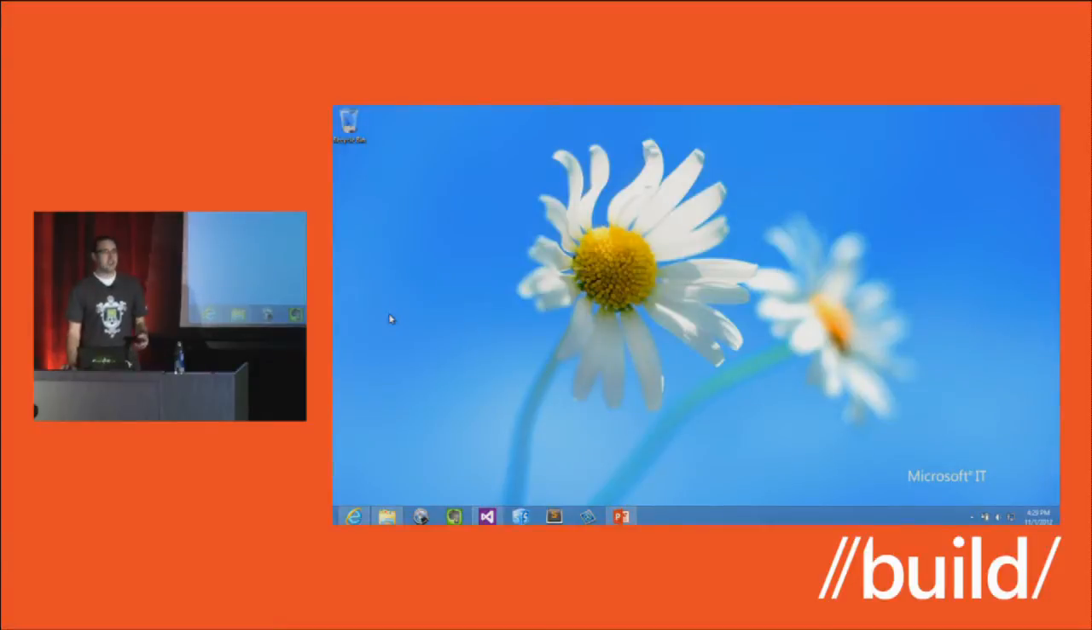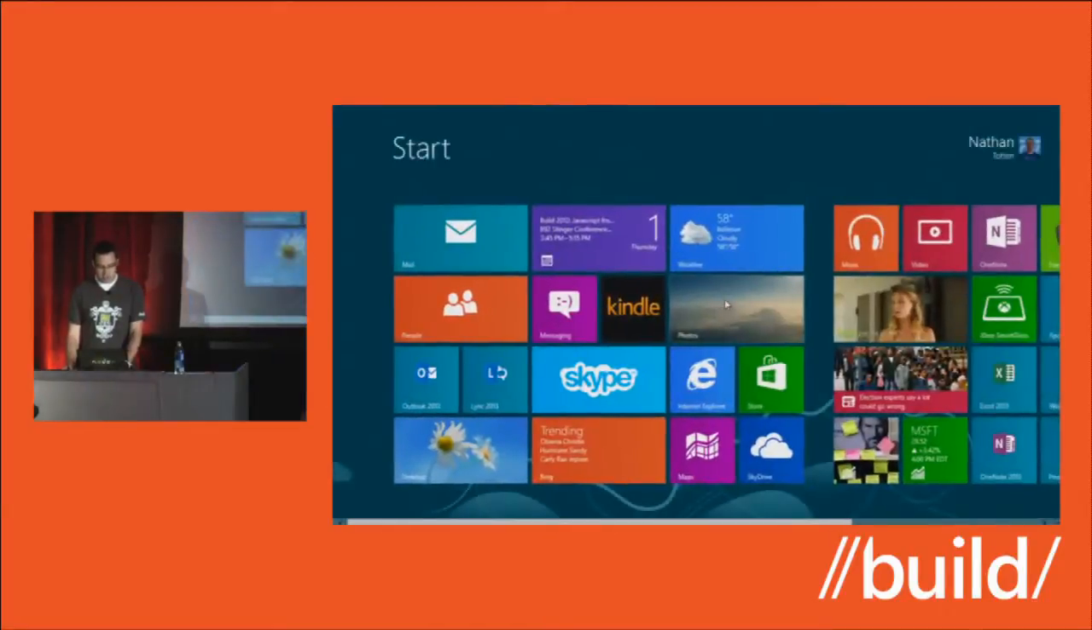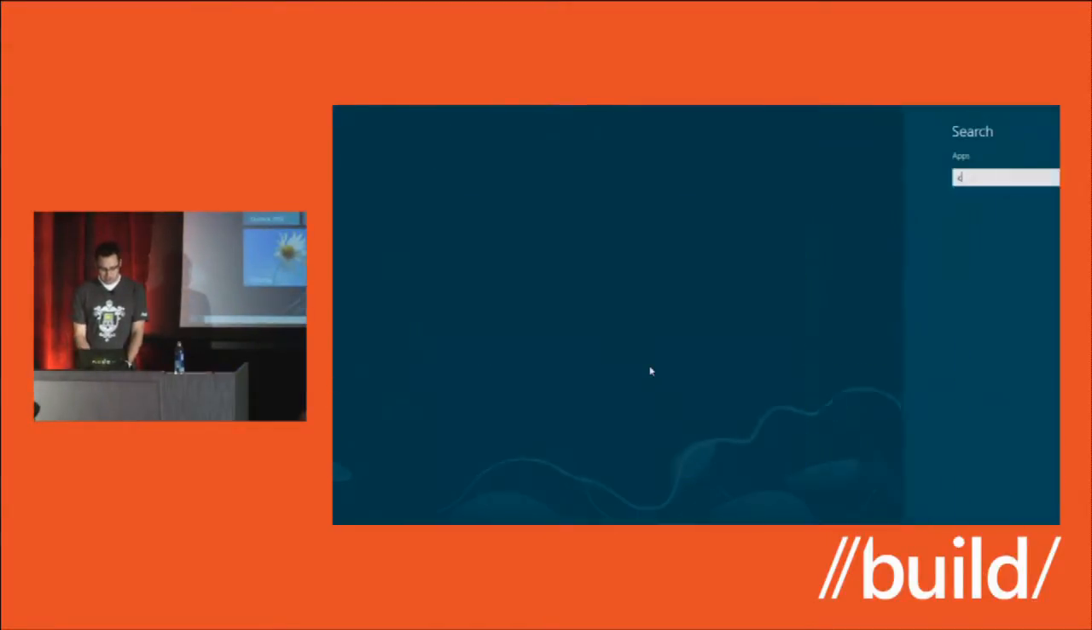So the first thing I want to show you is building a simple Node application in Windows, and then actually deploy that to Windows Azure. So we're going to use